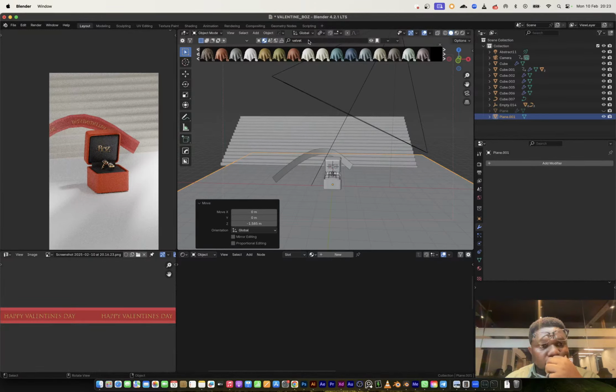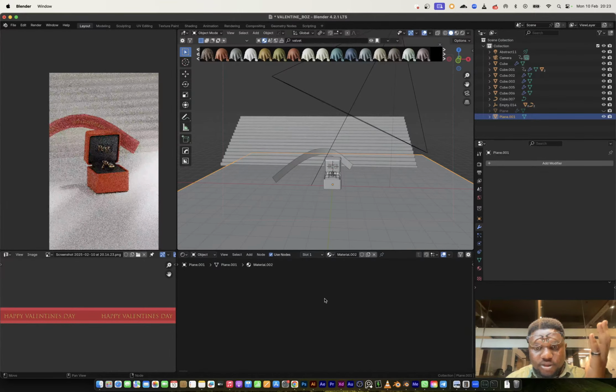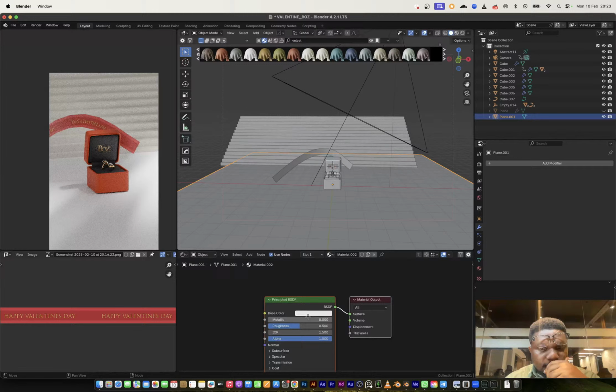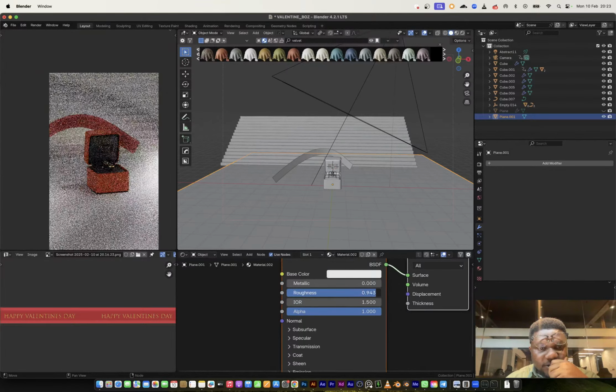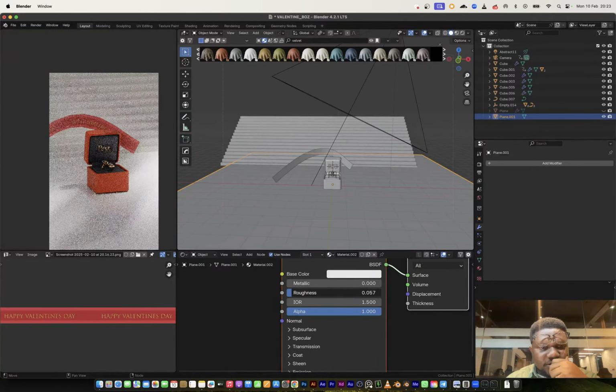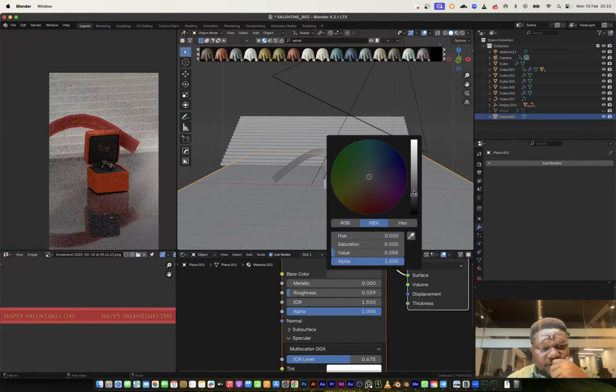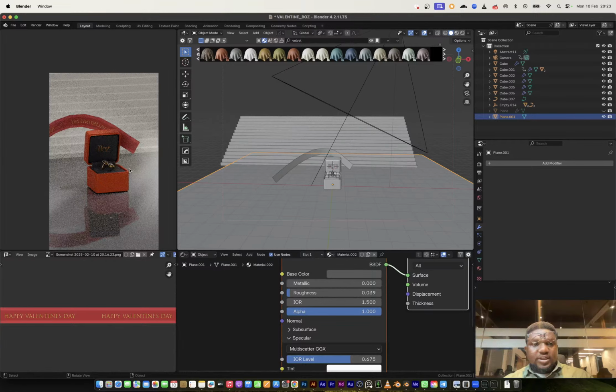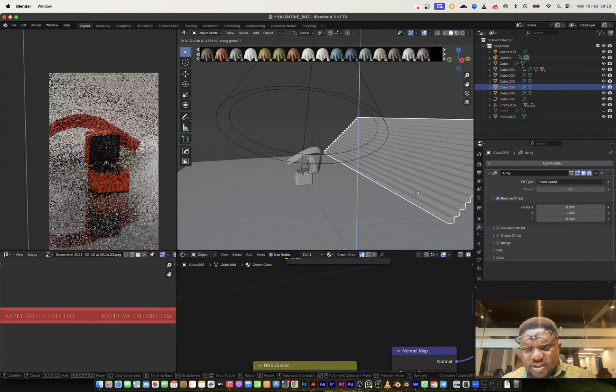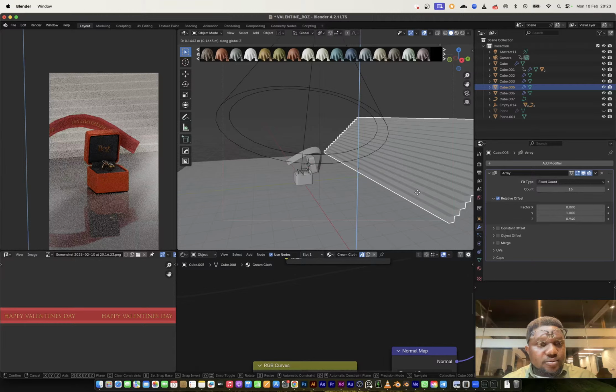Then, using a concrete material won't be smart because this is like a soft, intimate setting. So that won't make sense to use such a strong material. So maybe I want to increase the roughness on this. Oh no, rather reduce roughness so I can get some reflection and increase specular. Can I take this all down to black? Okay, I think we're getting something right now. Increase the staircase just like so.